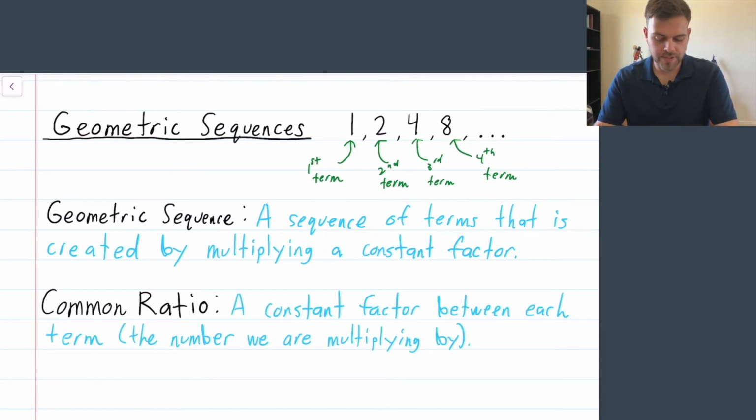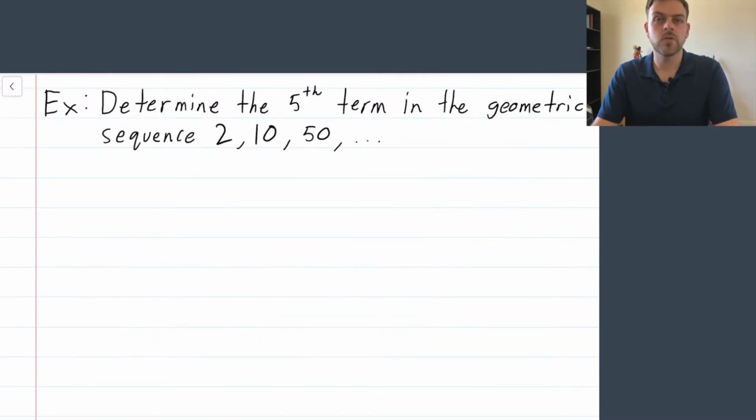We've covered geometric sequence and common ratio. Let's try a couple problems just so we can see this all in practice. So looking at this first example, it asks us to determine the fifth term in the geometric sequence 2, 10, 50, and so on. We can see here that we have our first term